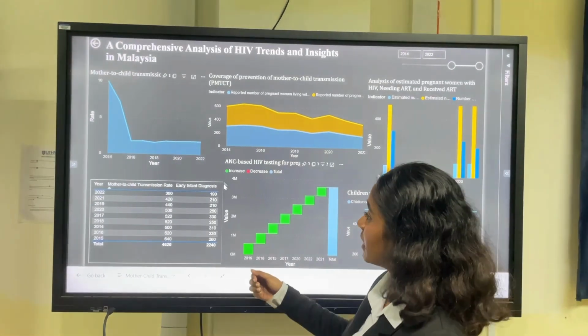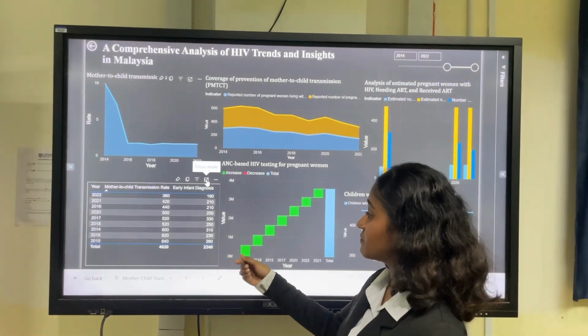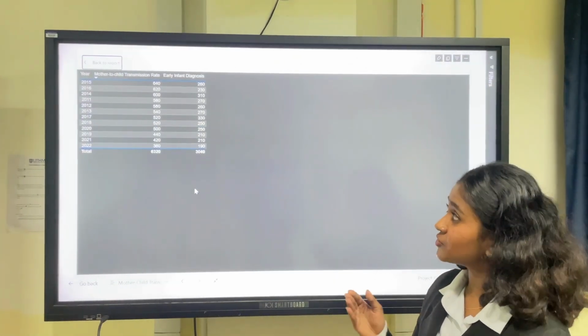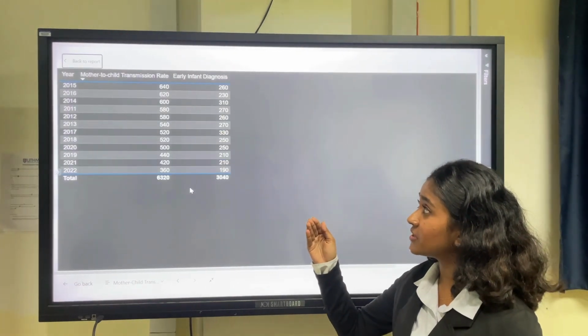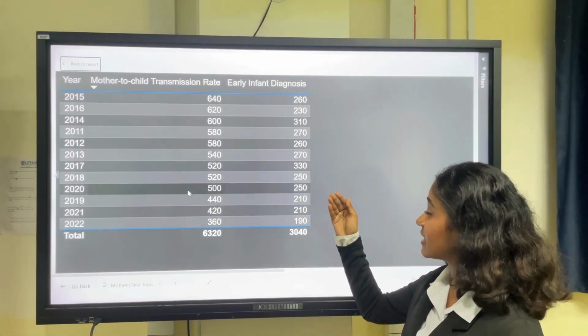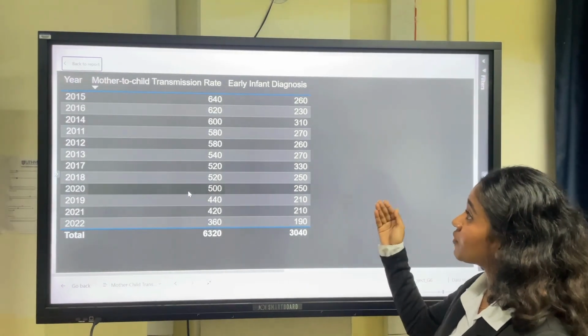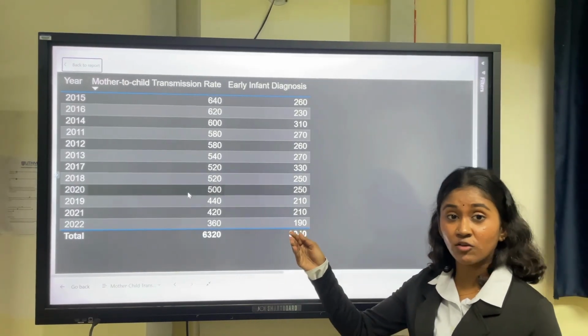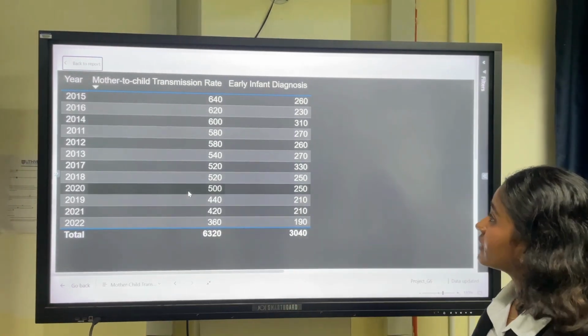The second chart will be the mother-to-child transmission rate versus early infant diagnosis. So if you can see, in the year 2015, the mother-to-child transmission rate has been 640 cases, while the early infant diagnosis has been 260. So from the total of 640 cases, only 260 infants have been diagnosed with HIV. Moving to the next chart,